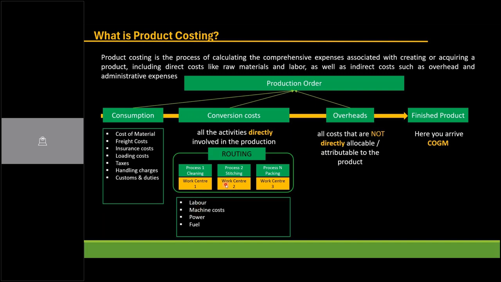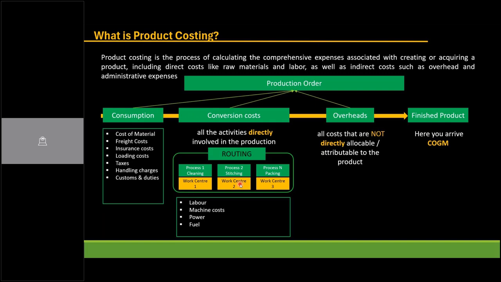And if you go to work center 2 also, again, there may be a machine, there may not be a machine. Let's say there is a machine and a labor, but in process 2, where the decolorizing is happening, the number of labor employed could be just one person to watch it. Whereas in the washing section, they have to remove all these animal skins and put them, so there I have 15 labors. So it need not be uniform. In each work center, the quantity of labor consumption, machine processing, and electricity consumption are very different. It need not be the same.